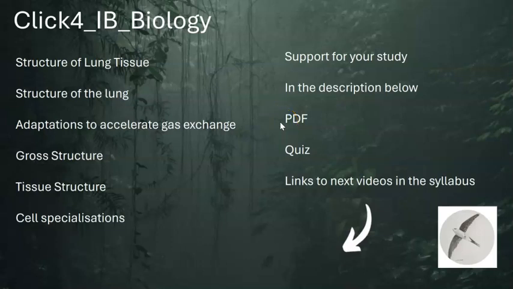Well, welcome to Click for Biology's discussion on the structure of lung tissue. Here we'll be looking at the various adaptations within the structures, particularly the gross structure levels, then the tissue levels and the cell specializations, all of which are addressing the surface area to volume issues that we raised in the previous video on